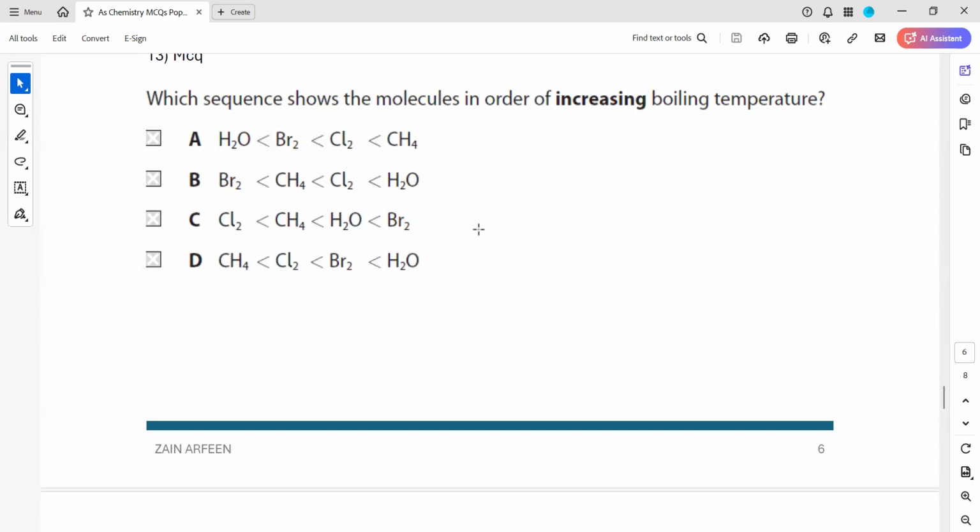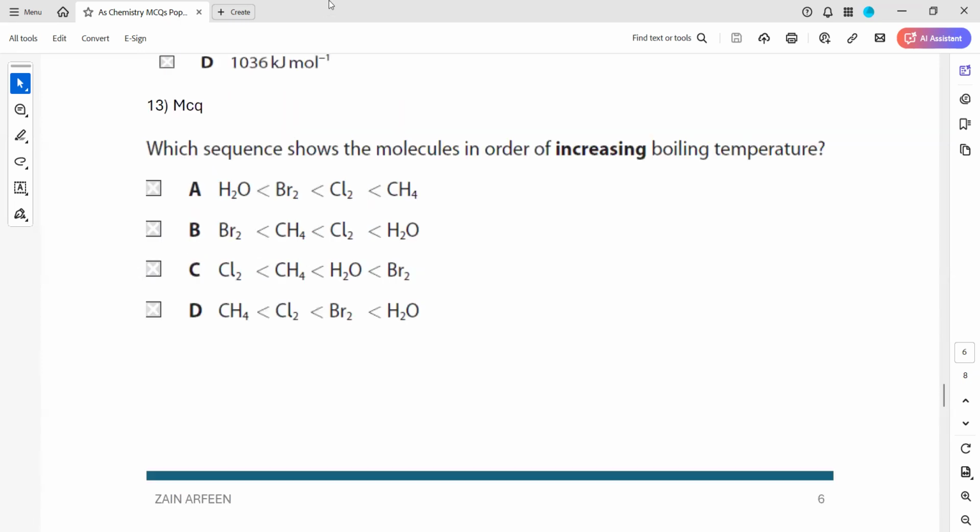In question 13, which sequence shows the molecules in order of increasing boiling point? To understand the boiling point, you have to first recall the idea about intermolecular forces, the forces between the molecules. We can have hydrogen bonds, dipole forces, and induced dipole forces. And the induced dipole forces increase as the number of electrons increases. So the molecules given to us are water, bromine, chlorine,